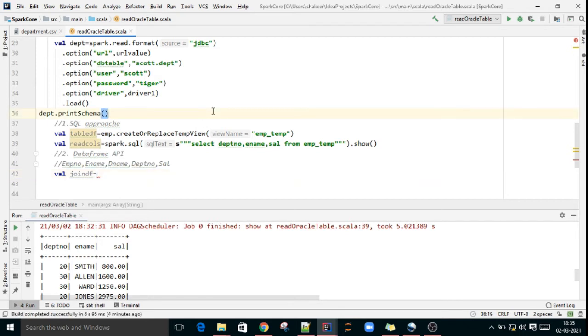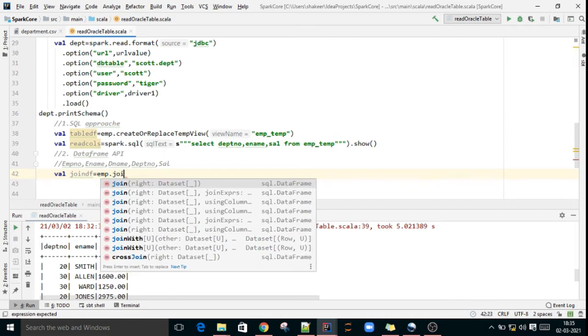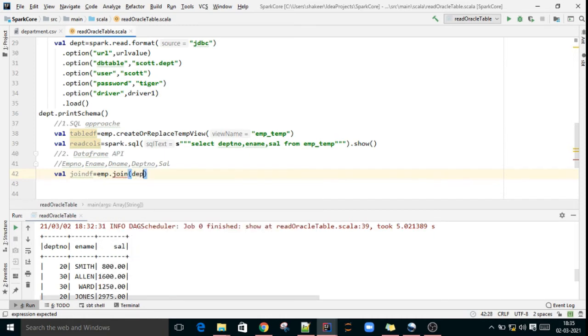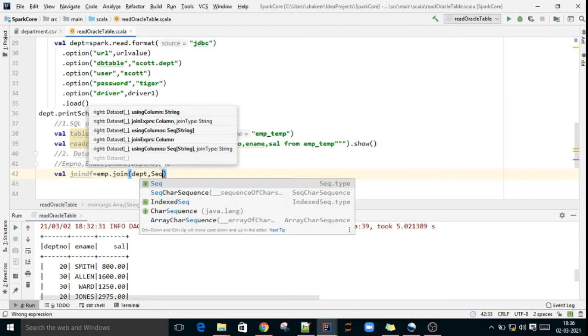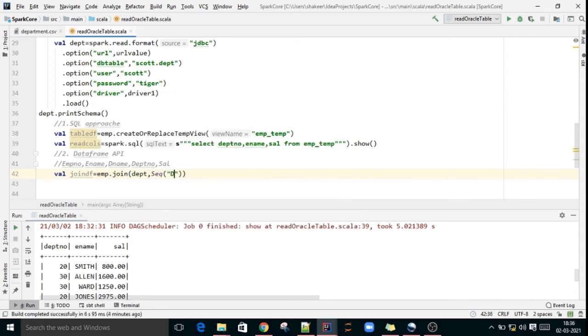What is that first data frame? emp, right? emp.join(dept, comma. If you know the common column, in both tables the common column is department number, then Seq of department number. Which type of join do you want?